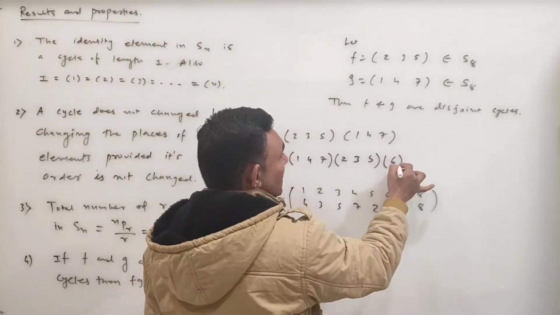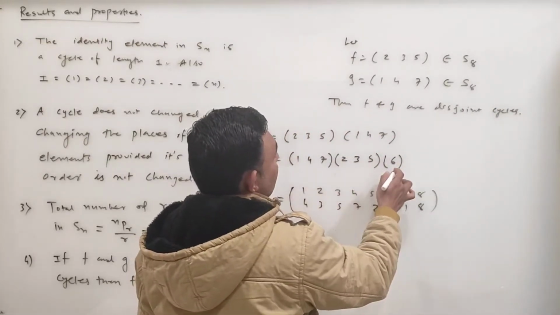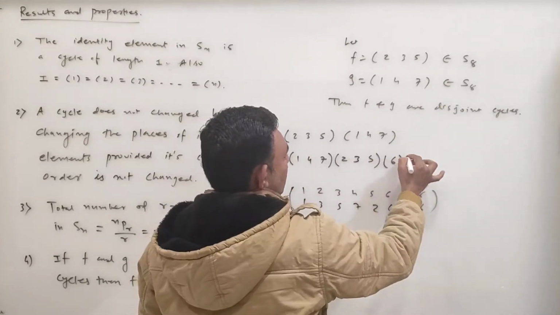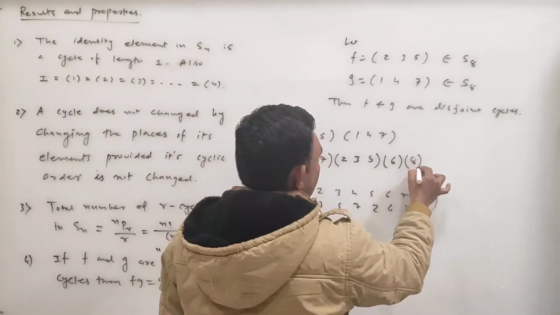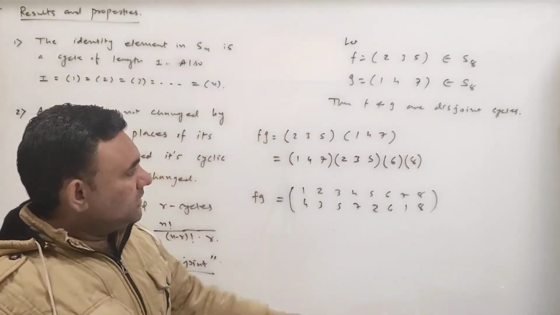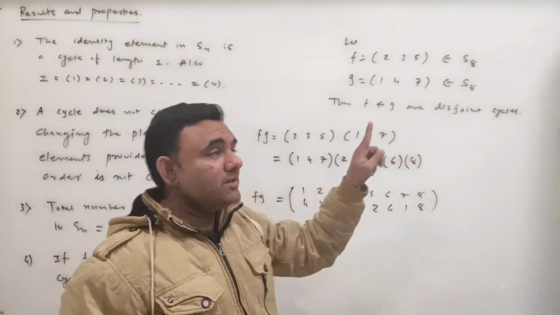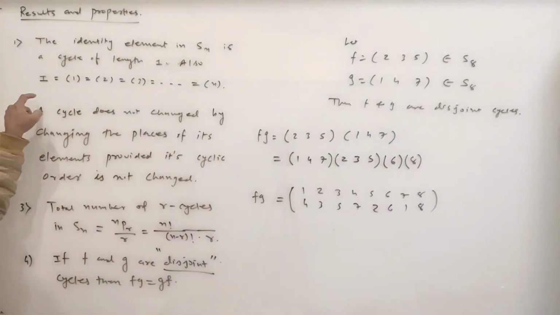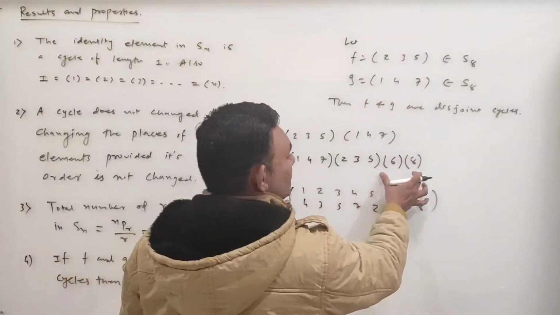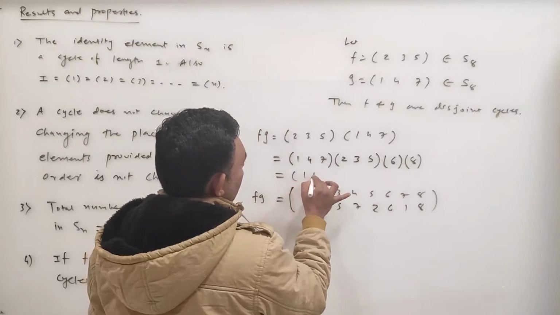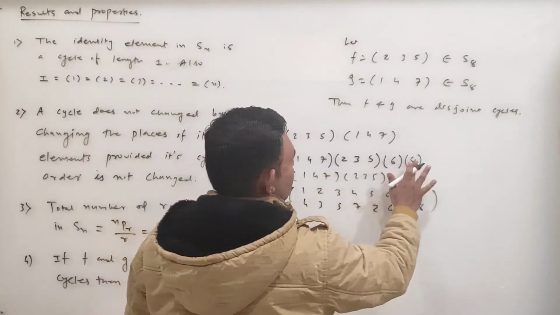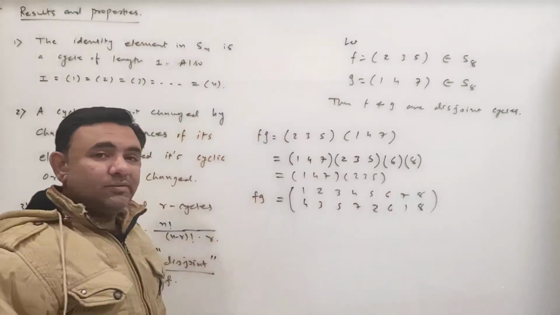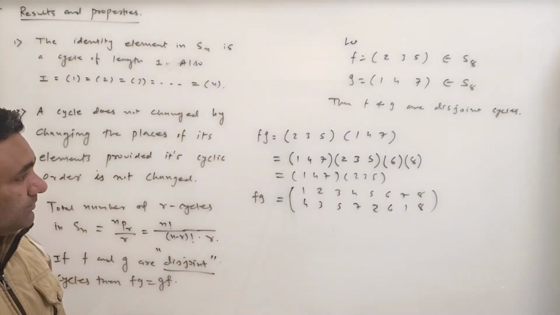So stop. Now the remaining next object is we are working in 8. So 8 is missing now. So 8 goes to 8. 8 goes to 8. So we have this. But these two things represent the identity as we noted in the first remark. So no need to write these two things. So we can write this 1, 4, 7, 2, 3, 5 only. So we can omit this 6 and 8 because they represent the identity.